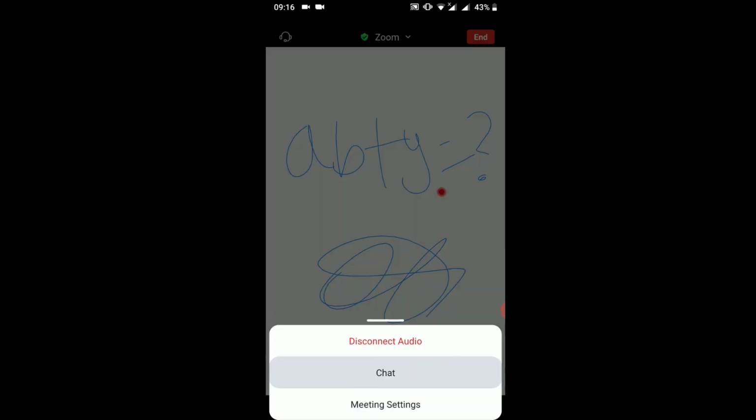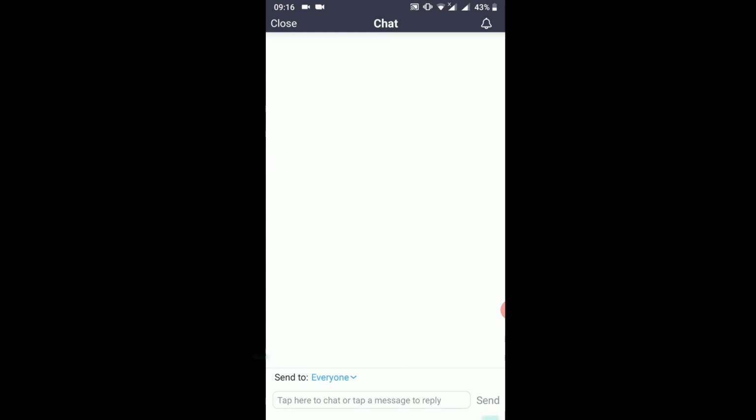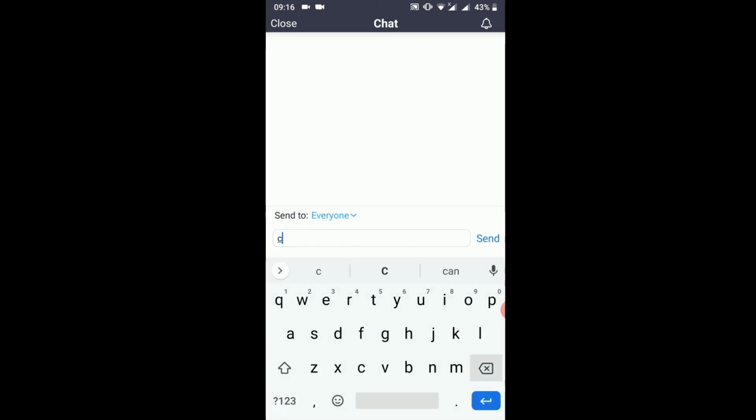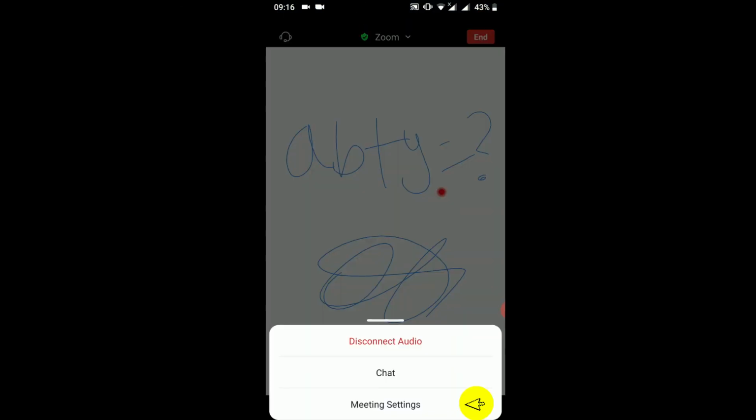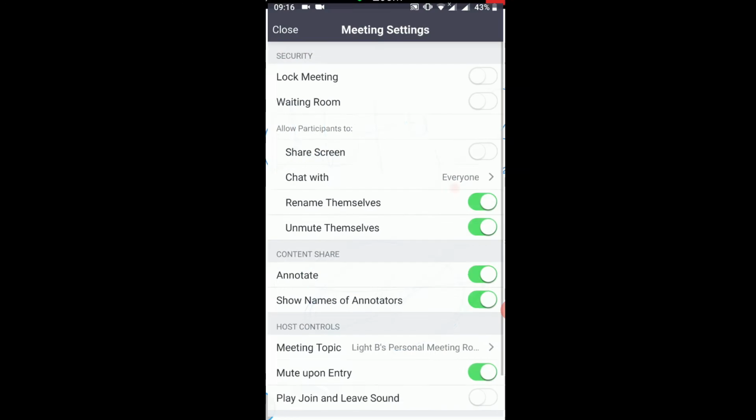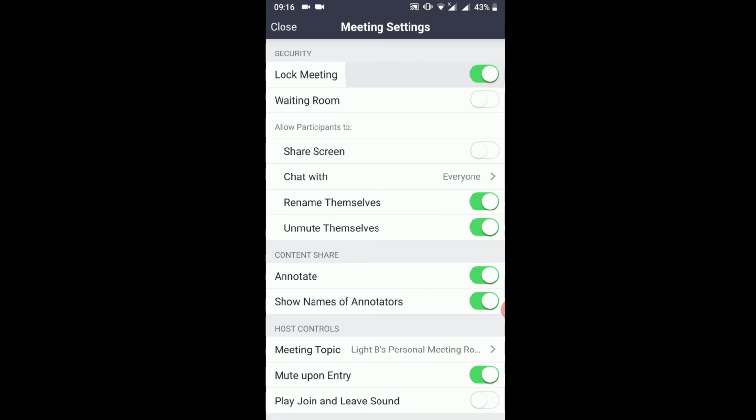Then the last option under more can disconnect audio. You can go to chat and chat with everyone. So you can say hello, or I can select just one person and chat with them privately. Again, under meetings, under more, there's meeting settings where you can lock a meeting